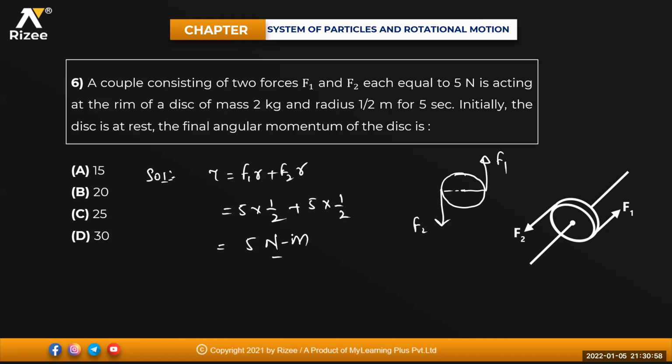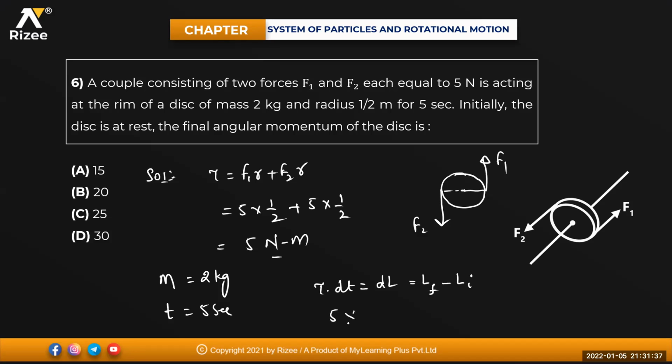What is asked is final angular momentum. You know that delta L will be equal to how much for me, beta? Change in momentum is also equal to what? Torque is there. Time is also given in the problem. Mass is given as 2 kg and time is given as 5 seconds. So for force acting for a very short interval of time, tau into dt is equal to dL, that is change in momentum, L final minus L initial.